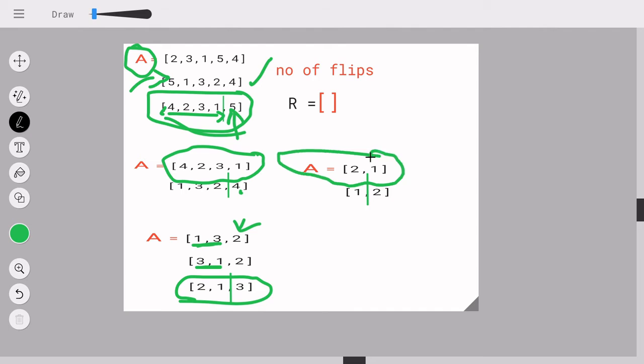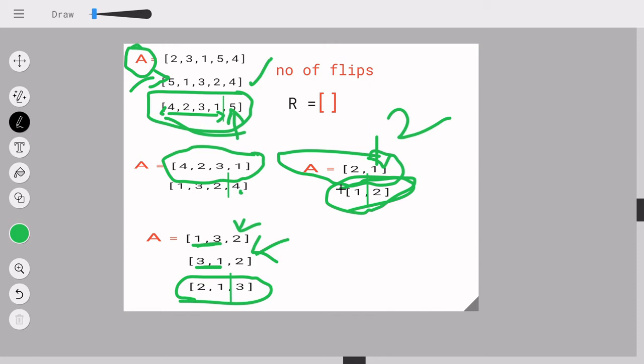So how do I process that? I know that for a sorted version, I need 2 over here and not 1. Right now it's 1. So I need to take some actions. For that to happen, I need 2 in the zeroth location. Do we have 2 in the zeroth location? Yes, we have. So I don't have to perform this task over here. I don't need to get my 2 in the zeroth location because I already have it. The only flip I do is this. Now this is the algorithm which I have built.